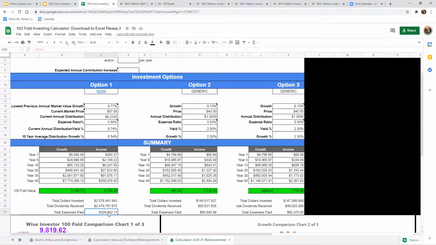Now here's the impact of expenses, and I'm gonna play with this figure just for a second so you can see it. It says total expenses paid, and this is over a 40-year period, of $304,000. And you invested in a traditional mutual fund that had a 2.00%. Over that 40-year period, you would pay $1.2 million. So more than 4 times the impact from 0.50, because it has a greater impact over time because the fees are based on this balance. So as your balance grows, so does the fees.